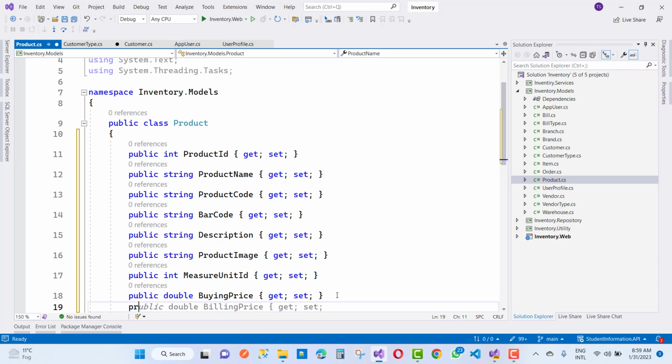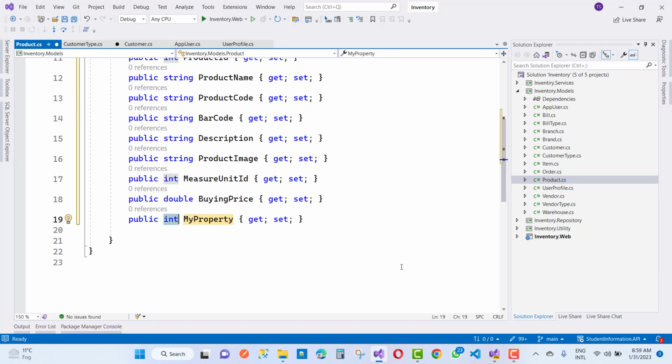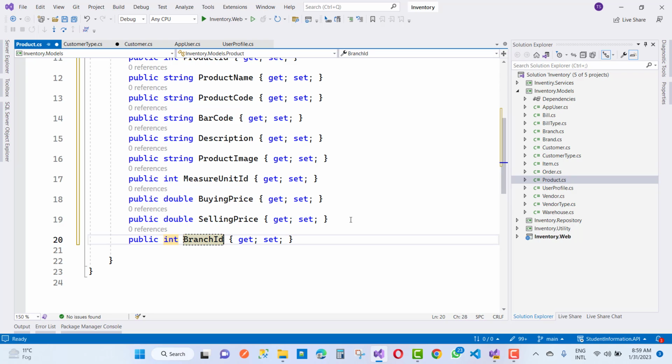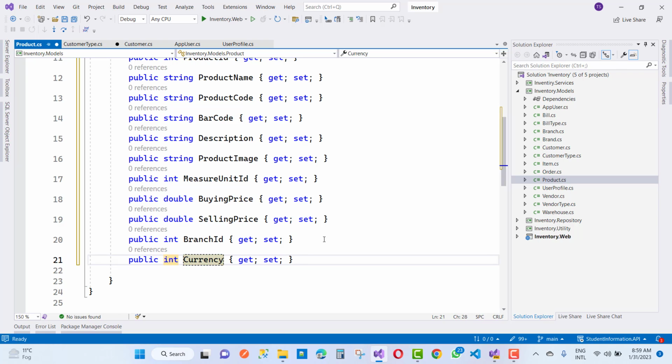Each product has a useful life after which it needs replacement, and a life cycle after which it has to be reinvented. So those are the product terms, and here I'm using product image, measure unit ID, buying price of the product, selling price of the product, and lots of properties you can take in the product class, like the branch ID,